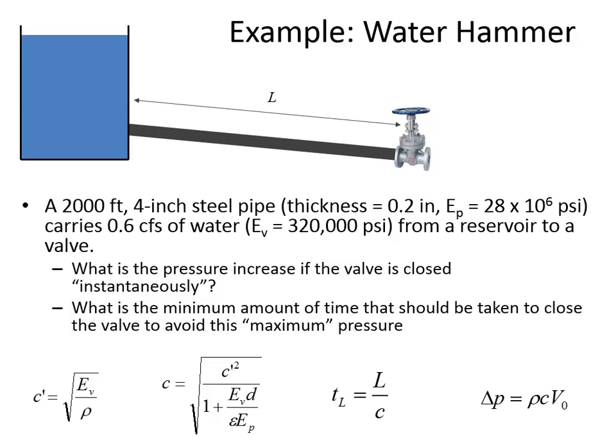And the speed of the shock wave through a pipe is going to be less than that, though. It's going to be attenuated by the pipe material properties. And so what is the lower speed of the shock wave moving through the pipe? We have to calculate the c. So it'll be the square root of the theoretical celerity, 4874 feet per second, that quantity squared. And now 1 plus E sub v, so that's the